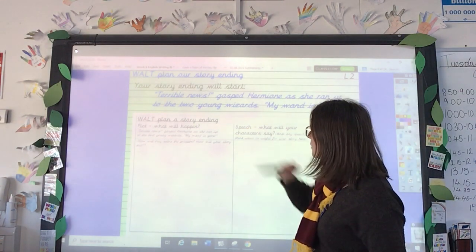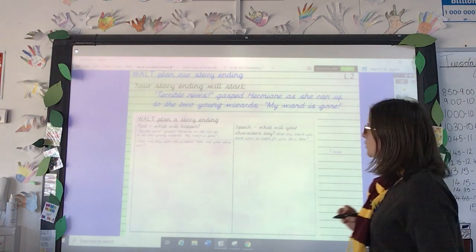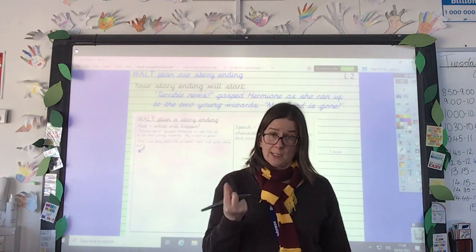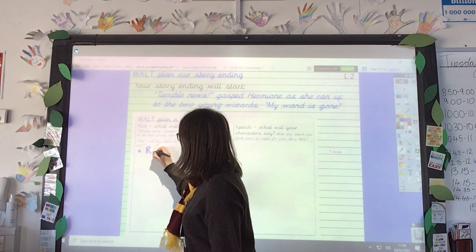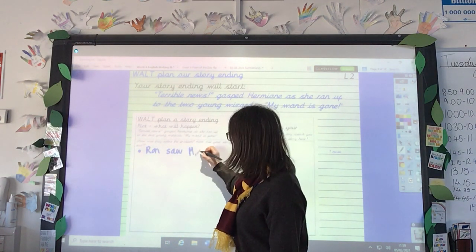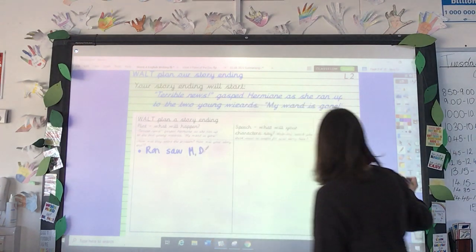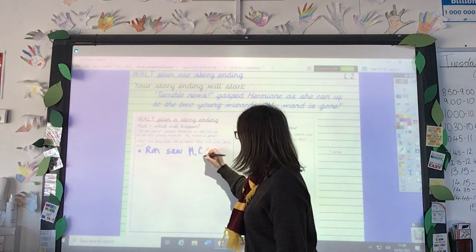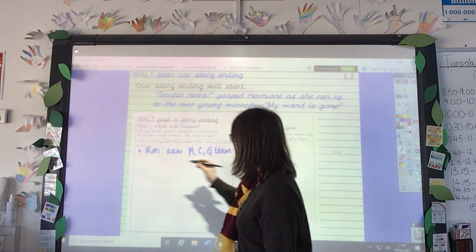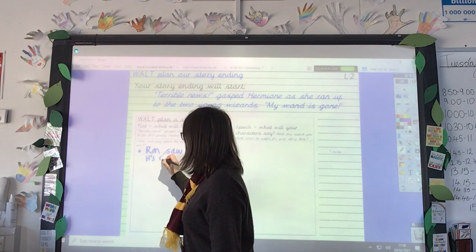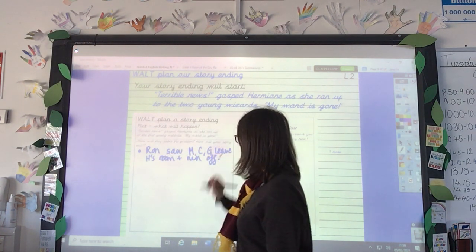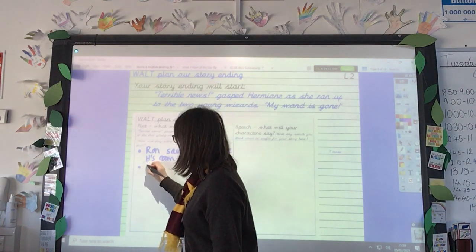So this is how my story starts. I'm going to imagine, well, I've already told you this, so you can use this detail if you want to. Ron saw, I'm just going to put their initials, Malfoy, Crabbe and Goyle leave Hermione's room and run off. Okay, so the three friends,